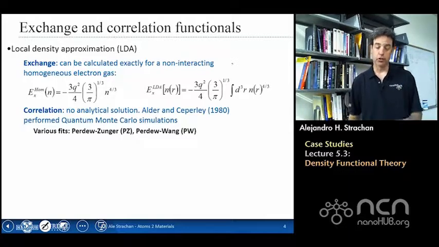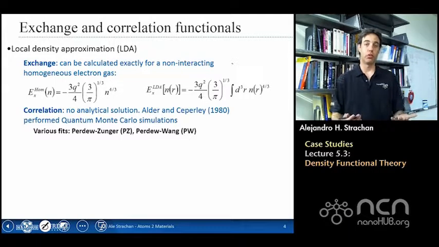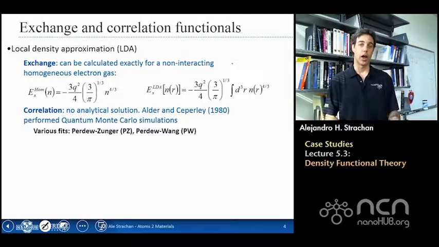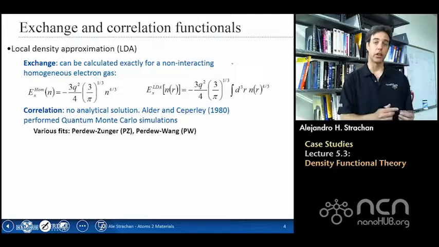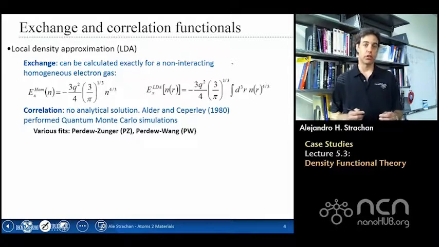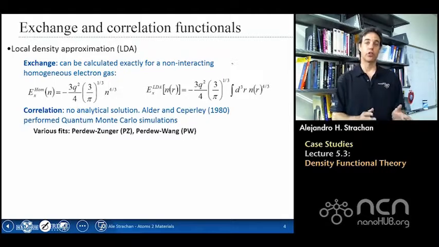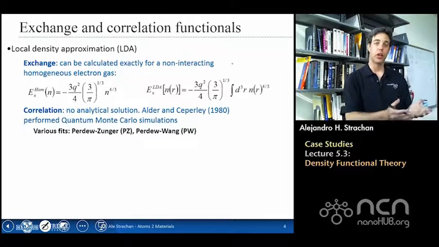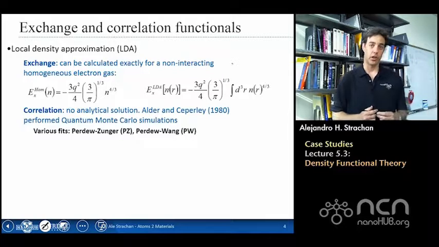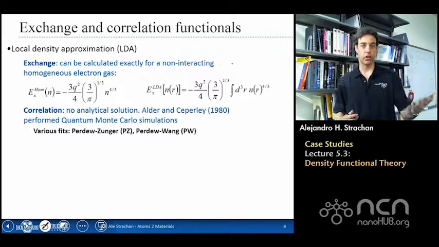It's very widely used, and that's because in those years people developed accurate and good predictive functionals for the exchange and correlation. So the exchange and correlation functional is a function of the electron density that gives me all the contributions of exchange and correlation